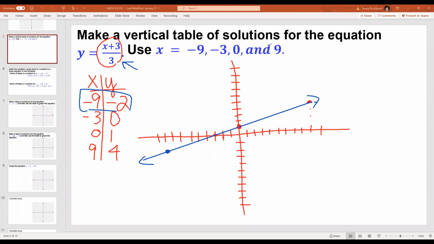And again, what's interesting about this is simply the fact that this forms a straight line, and I knew it was going to because you'll remember possibly something about your algebra. Remember that y equals mx plus b form of the line. And you might think, well, that doesn't look like a y equals mx plus b, but it actually is, because that divisor of 3, I can apply to each part of the fraction. In other words, I'd have a multiplier of 1/3 for the x, 1/3 x plus, and then 3/3, 1,